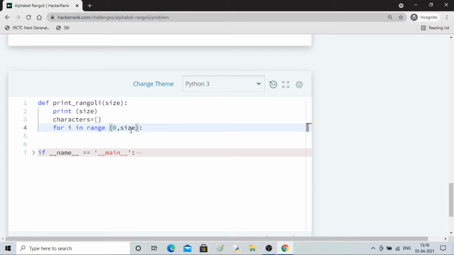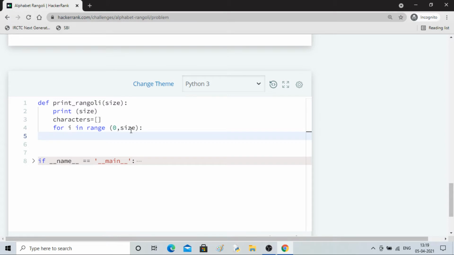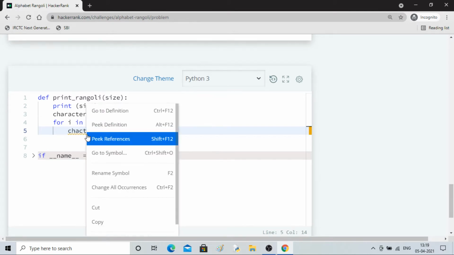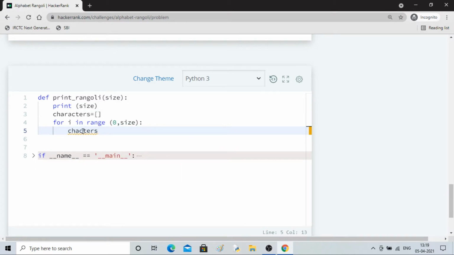So inside this I will append characters, the alphabets, from something called the string library.